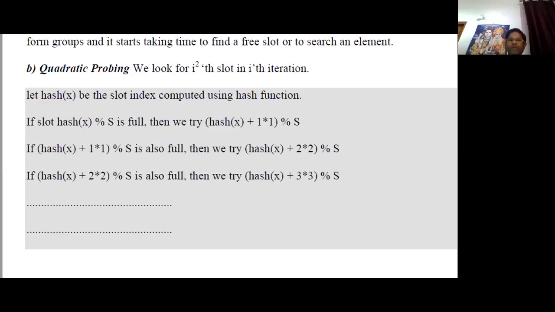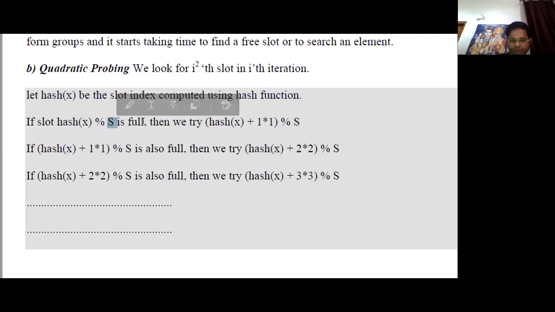If hash of x is the slot index computed using the hash function, we calculate the slot as hash of x modulo the slot size.